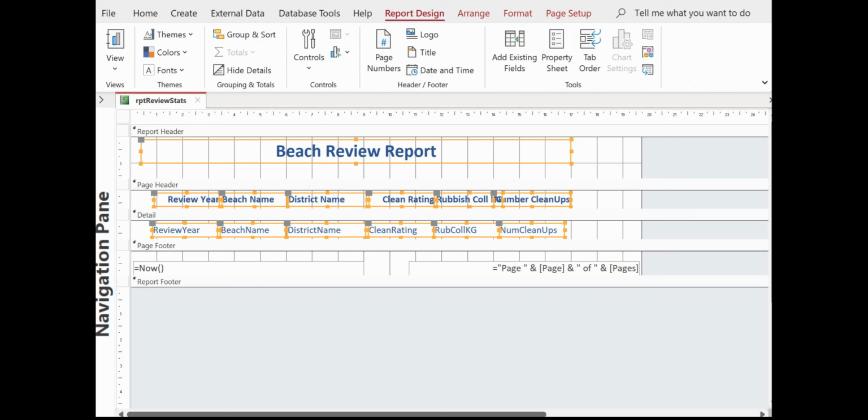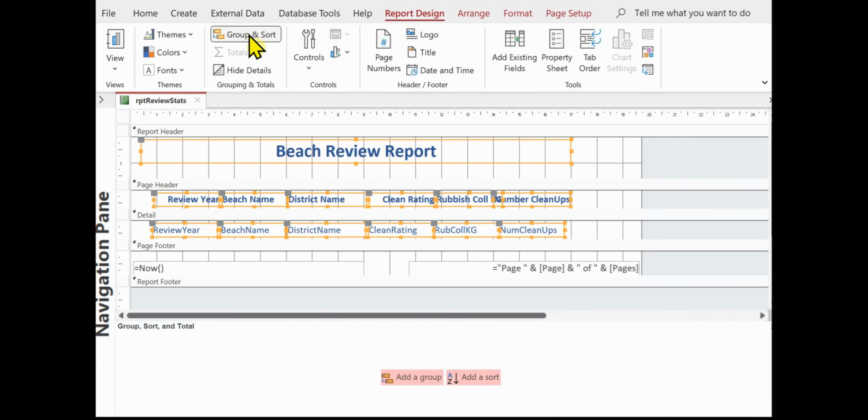The next thing I'm going to do is put in the grouping for the review year. You can see at the moment the column headings in the report are in this page header, and then we've got the details section. So what I'm going to do is create a review grouping, and it will put in a group header, and then I can rearrange my headings. So I click on Group and Sort, and we're going to add a group,